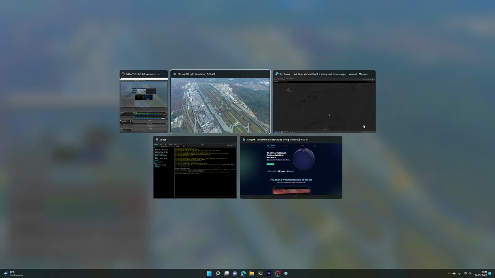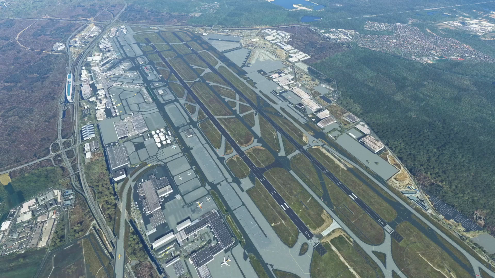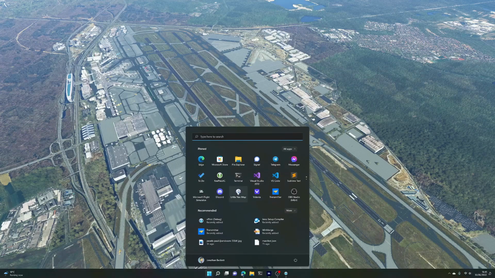Okay. So another way of seeing the live traffic is to open a little nav map,